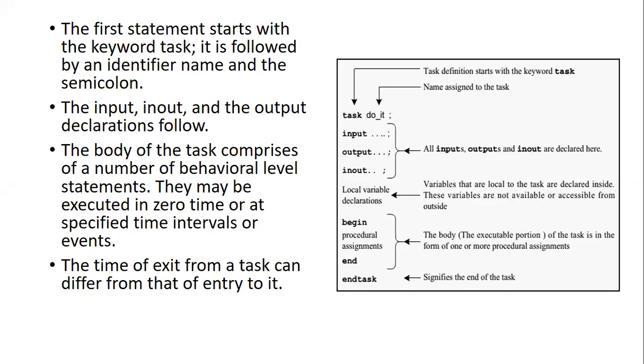But when you compare it to the function, you can only declare inputs in the function. All the outputs should be mapped to the function name, and the function name can have a bit size so that you can map the parameters. Then you write your local variables or any declarations local to the task, like local parameters, wires and registers, which are local to this task. Begin and end, within which you're going to enclose all your procedural assignments. Then you're going to end the task. This is the body of the task, and using the name of the task, you're going to call it in the main module, similar to calling the function.